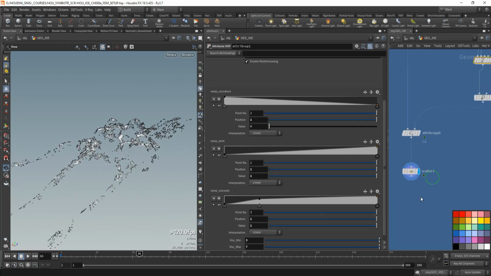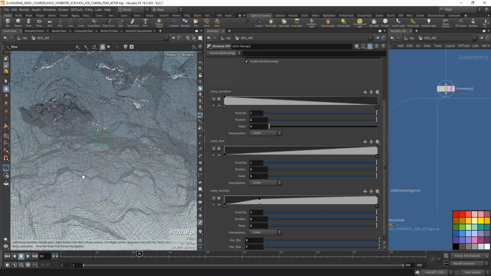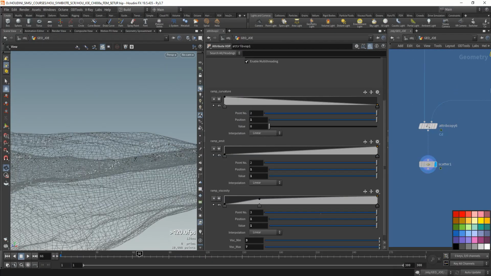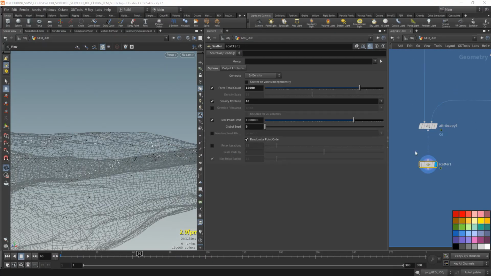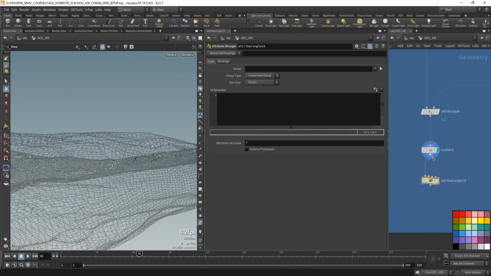So one thing we'll do, because we have this geometry here, we don't want any interpenetration in the beginning, so I'm going to do a really simple normal displace. Let's use attribute vex, attribute VOP, no, attribute wrangle, attribute vex. It's getting late, so I'm getting confused a little. So we'll add the normal to the P,